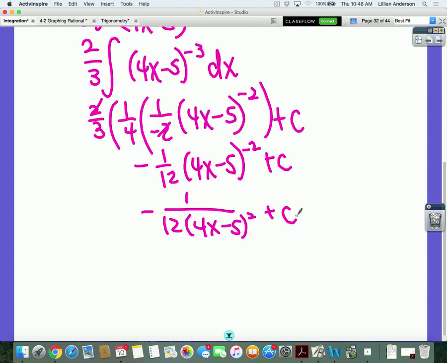Does that make sense? So the c would actually stay off to the side. It's a constant. So, just that constant. Alright, questions on using these types of rules? Now the next set deals with